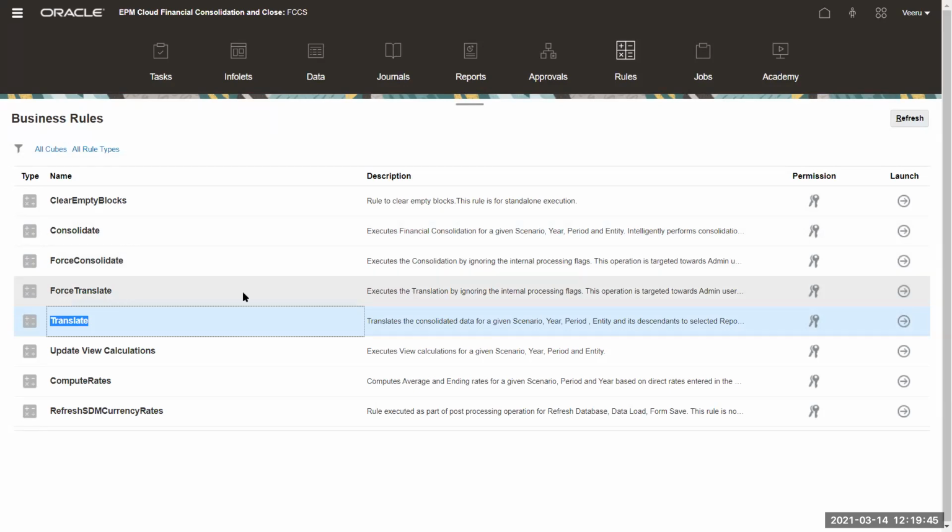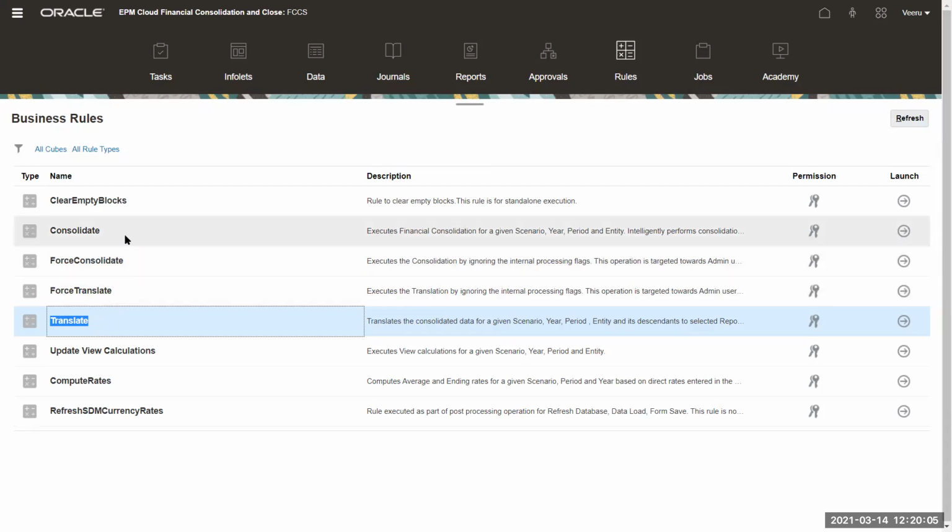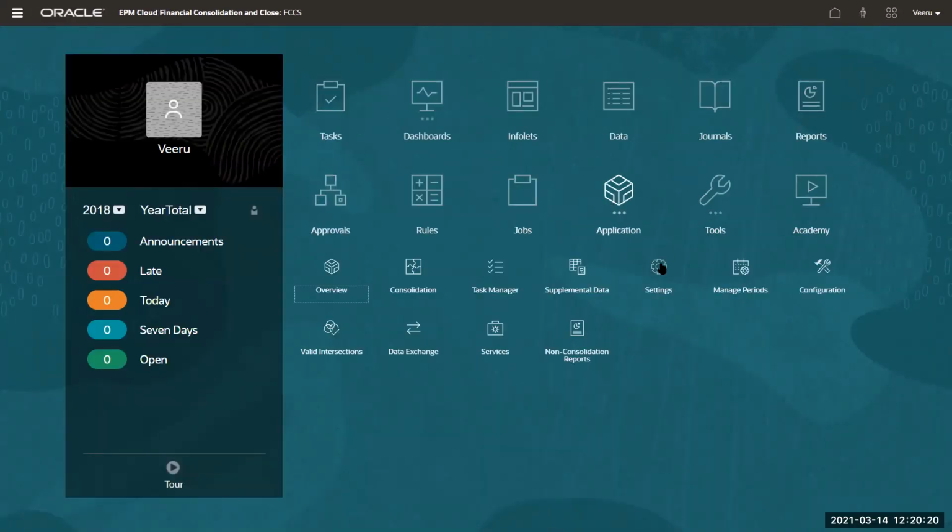When you disable the to date view calculations, you'll have a new set of rules, something called consolidate by view and translate by view. Then you run only those rules. If you run these rules, the system will again calculate all the view members, so again, it's going to create a nuisance. These are all advanced features from a performance perspective, guys. I will not talk too much about it. From our day-to-day activities purpose, keep the disable to date members option as no. We'll talk about advanced features very late in the sessions.